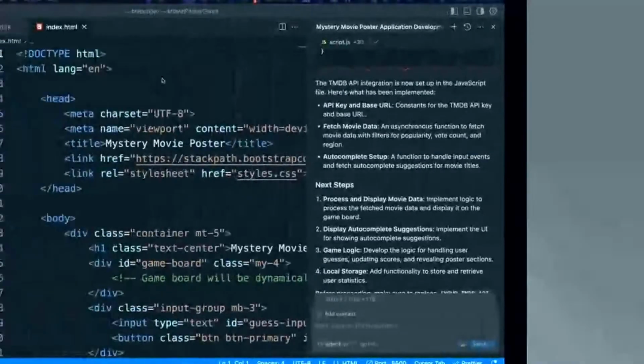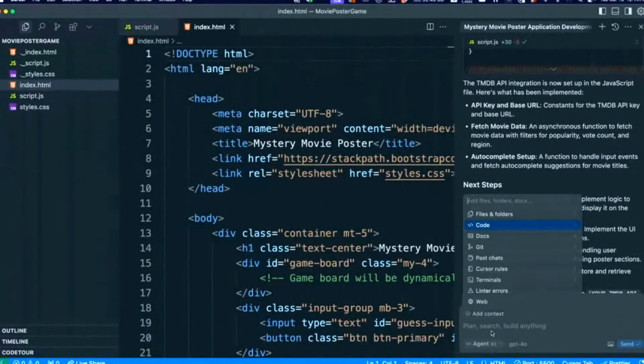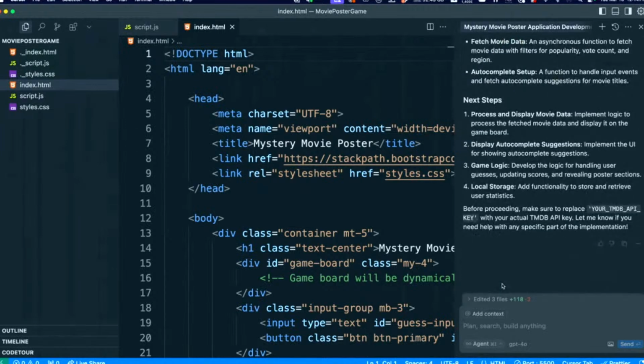Yeah. Okay, so I say we go back because I don't think it finished creating it. I think because it still says next steps. So let's just tell it, okay, I've added the key. Please finish or something like that. We'll be polite to it. Yeah, that works. Go with that. Send that. See what it does.